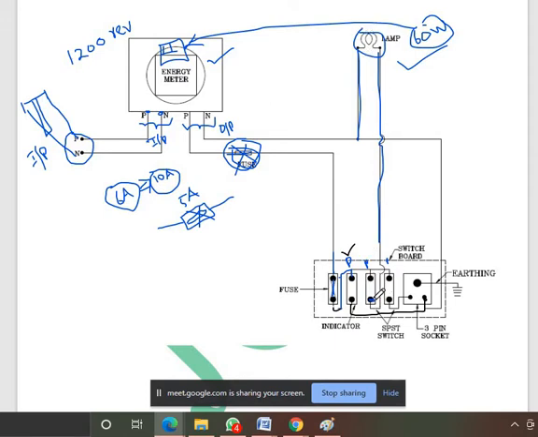Okay, so one output of the switch is connected to the lamp, and the other output of the switch is connected to the socket. This is the phase, this is the neutral, and this is the earth point. The third, bigger hole is used to connect the earthing point, and this is a 3-pin socket. So this is a diagram for a simple home wiring.